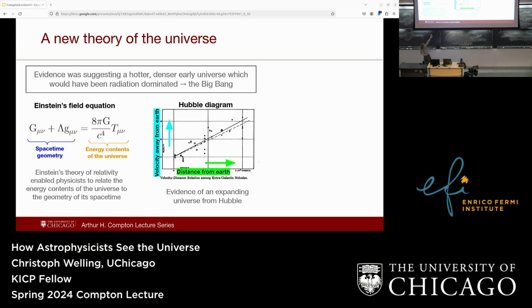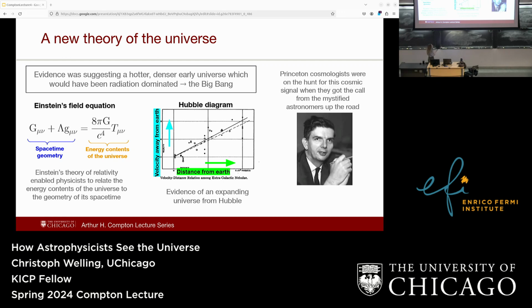Now, if this happened, if there was some sort of phase transition where we went from being sort of modestly dense to super dense, that would emit radiation. And that radiation would still be around, unless, you know, it was so weak, but hopefully it would still be around. And so down the road from Holmdel, New Jersey, at Princeton, New Jersey, Bob Dicke and crew were cosmologists trying to predict this signal so that they could measure it.